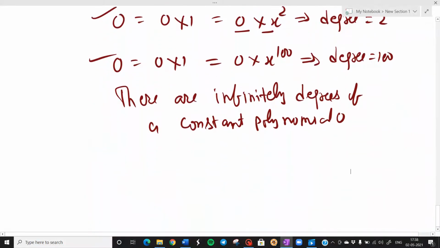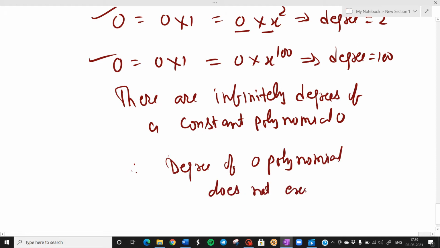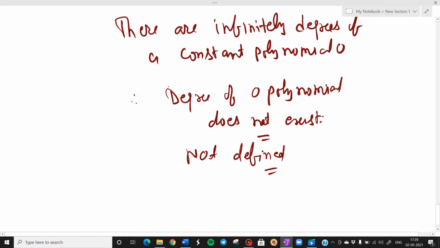In this case, if there are infinitely many degrees, तो हम ऐसे कहते हैं therefore degree of zero polynomial does not exist. राइट, ये डिग्री की बात हुई। तो हमेशा एक क्वेश्चन ये आता है कि व्हाट इज द डिग्री ऑफ द जीरो पॉलिनोम। हम कहेंगे इट इज नॉट डिफाइंड, और वी कैन से नॉट डिफाइंड। एग्जिस्ट नहीं करती या डिफाइन नहीं होती, एक ही बात है।